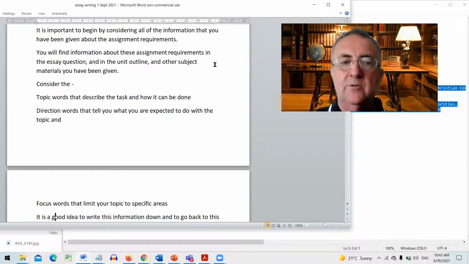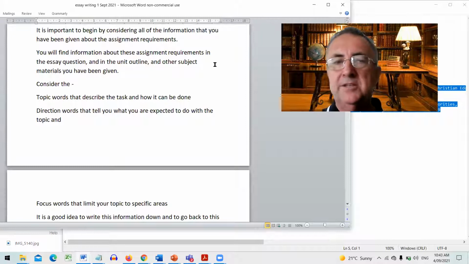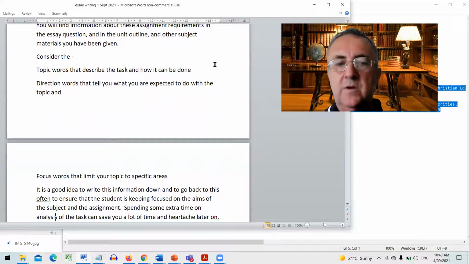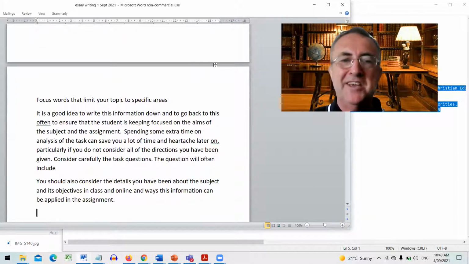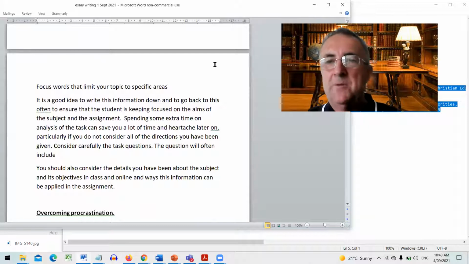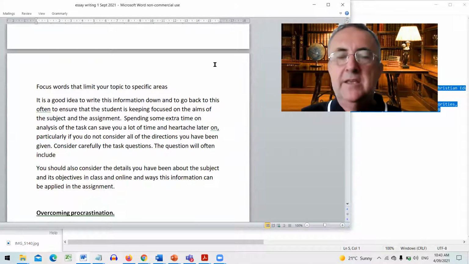As you look at the essay question, you should look at the topic words that have been used to describe the task that you've been set and how it can be done. You should look at the direction words that tell you what you're expected to do with this topic. And you should also look at focus words that limit your topic to specific areas. You can't do everything on the topic, and within your subject, you're going to have a particular area that you'll